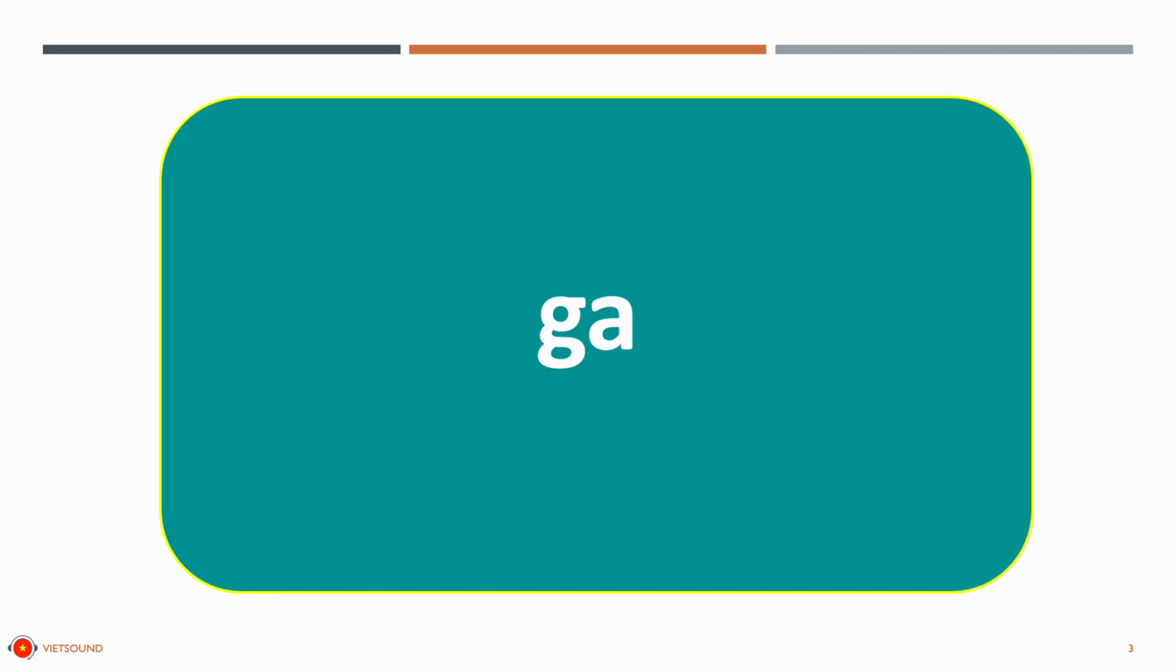Let's practice saying the G sound in words. I'm going to say the word first, then you'll have a few seconds to copy exactly how I pronounce the word. The first word is ga, ga,